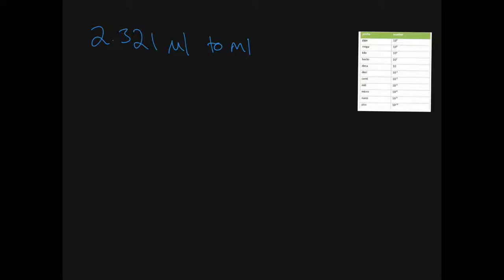So part B is going to be very much like the first one, except the only difference here is that we're going to have to do 2 steps because we're going to go from microliters to liters and then to milliliters. So we'll start again by writing what we have, 2.32 microliters. And if we look up here at our conversion sheet, this symbol is micro, which is right here. So 10 to the negative 6 liters in 1 microliter, or 10 to the 6